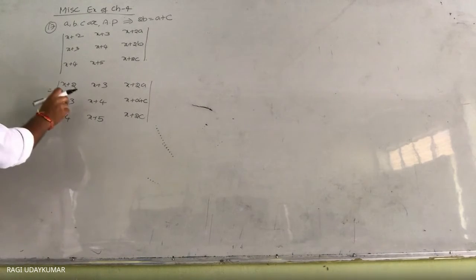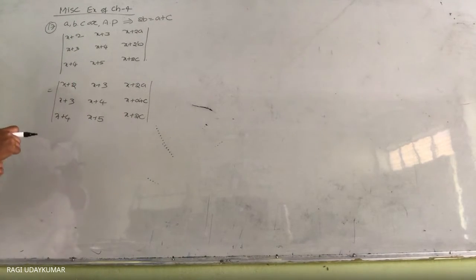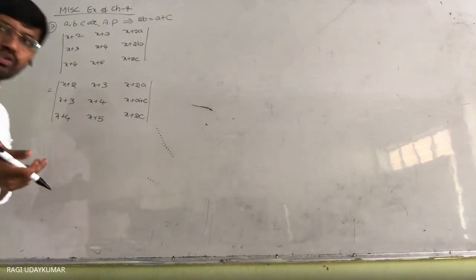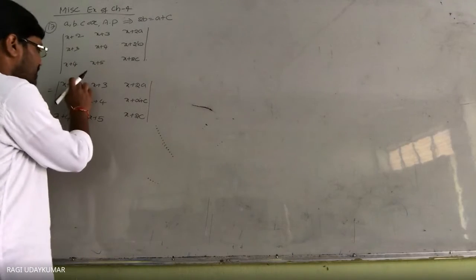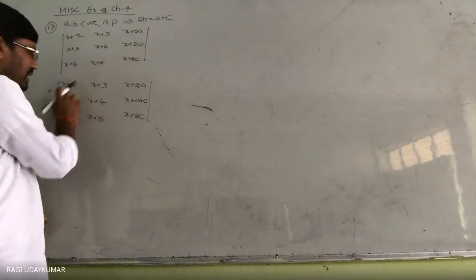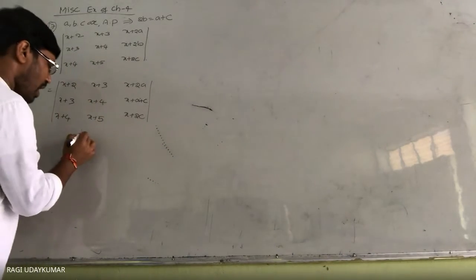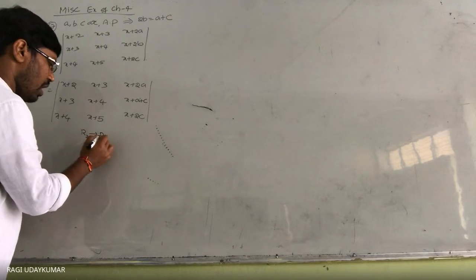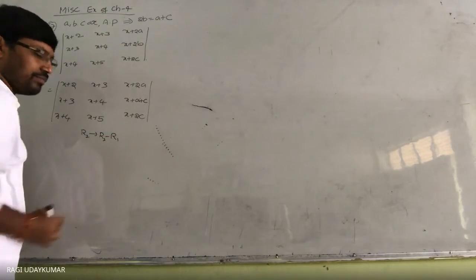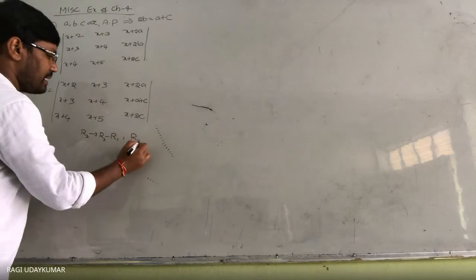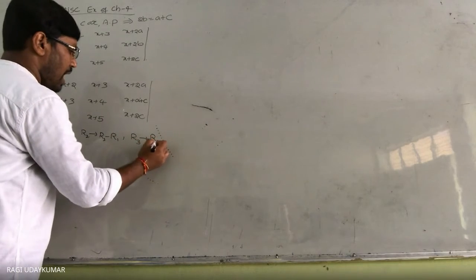Yes, this minus this करो. Any way you can do. It's not mandatory that you need to do only in this way. This minus this करो. So 3 minus 2, ये x will get cancelled. So R2 tends to R2 minus R1. R3 tends to R3 minus